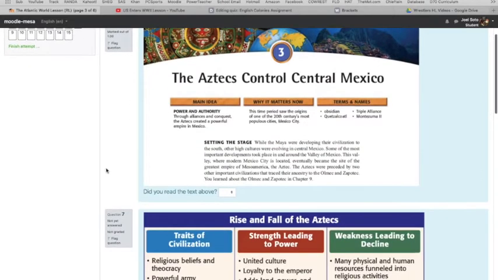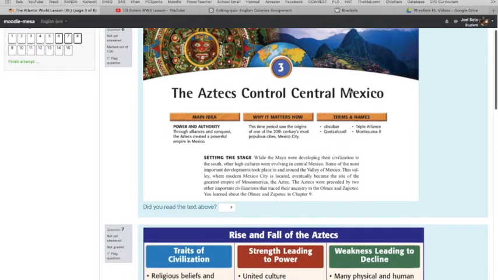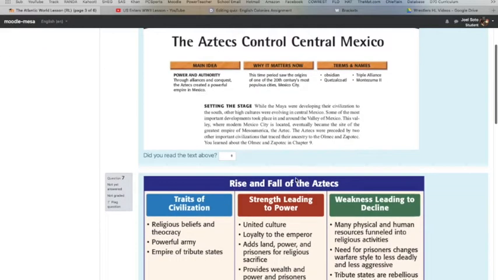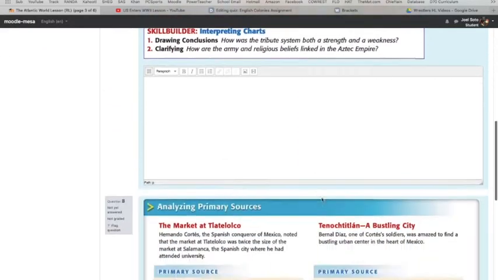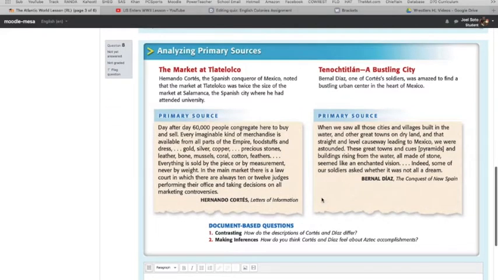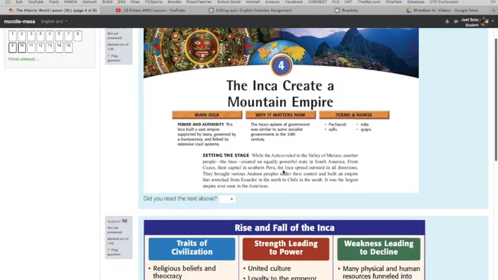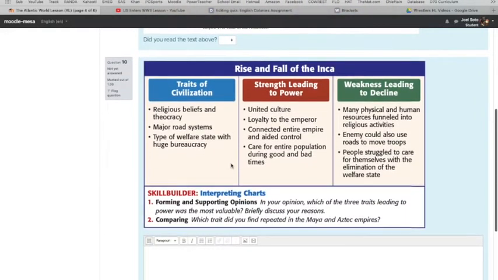You'll be then going into the Aztecs and their control of Central America. Okay, so we're kind of setting the stage here prior to the Europeans coming over, the conquistadors. All right, so you got the Aztecs here. Look at the rise and fall of the Aztecs, and then a primary source. You will then be going into section 4, the Inca create a mountain empire. Okay, so you have your main ideas and stuff, set the stage, and look at the rise and fall of